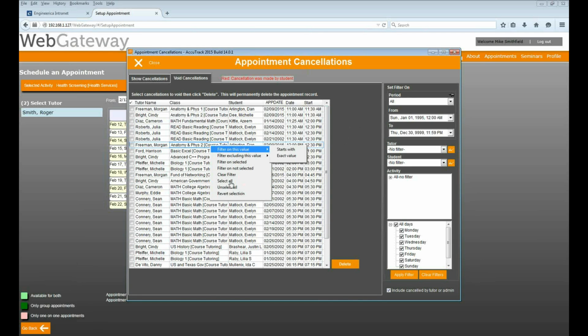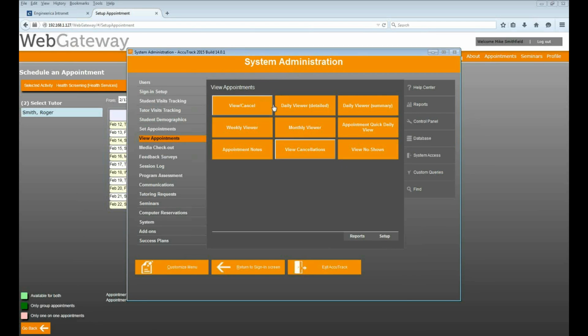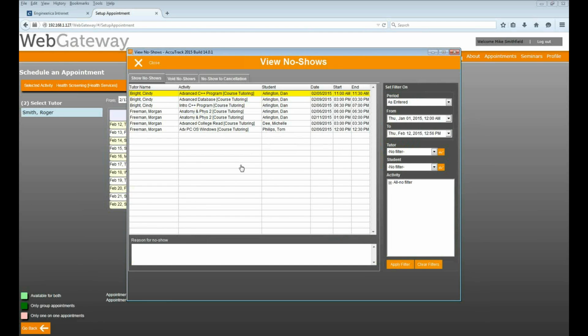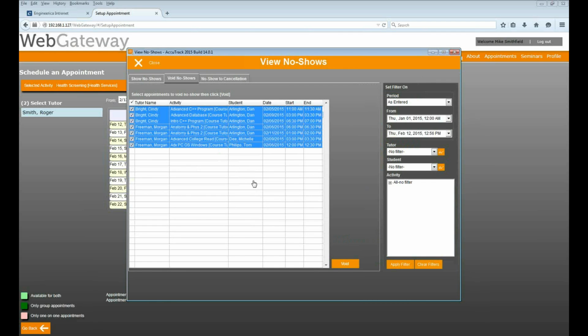Now, if I wanted to, I could do select all. If I wanted to clear the entire board, I could void every cancellation in my system. Okay, but I'll leave that alone. Same thing with no-shows. Here's the people that didn't show up, and then I can void them. So if I wanted to void every no-show in my system, I could do that and click void, or I